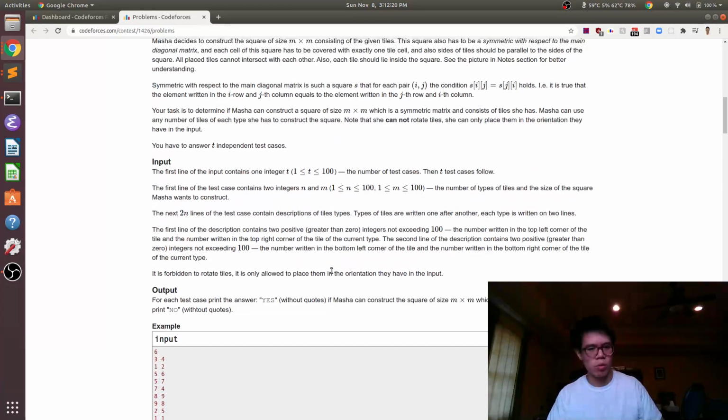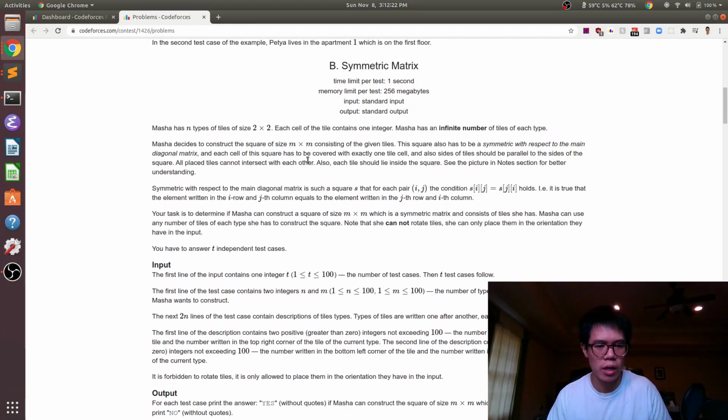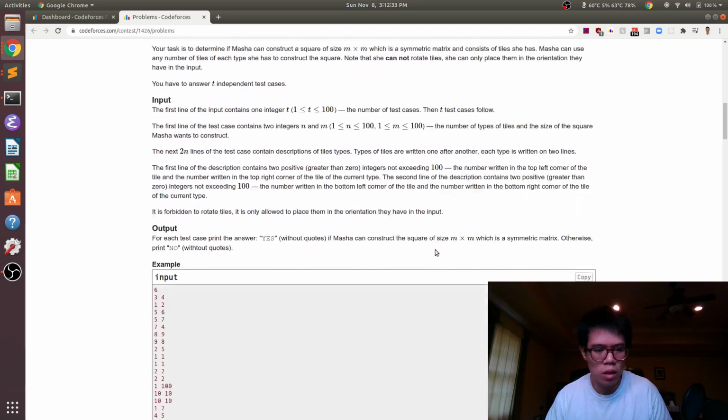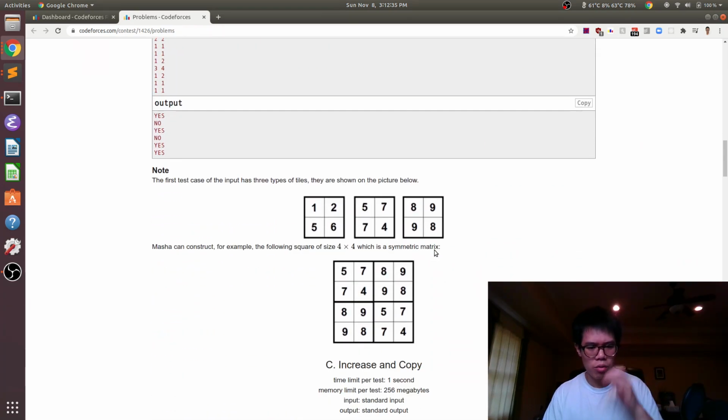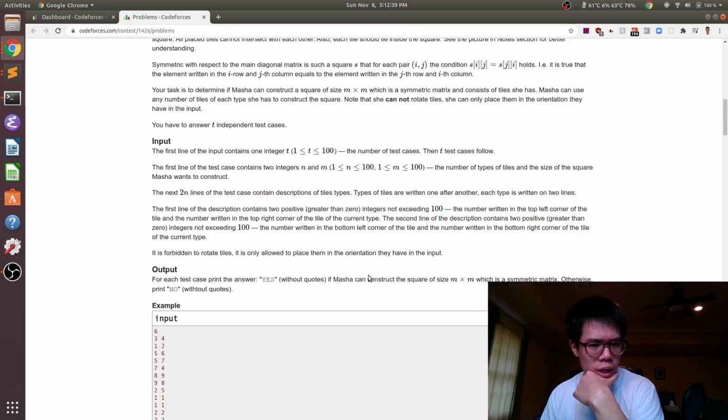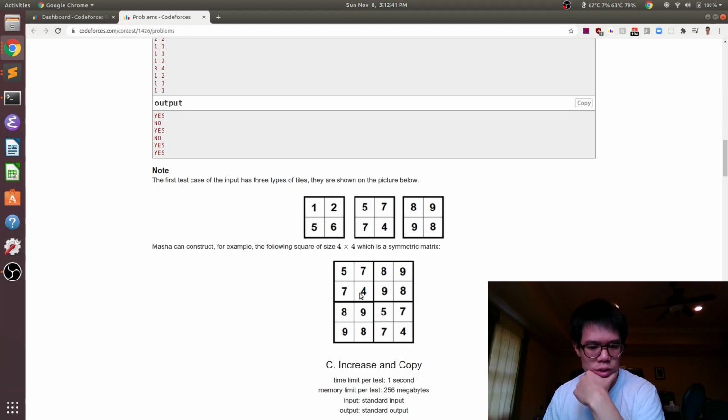Okay, so m has to be even, otherwise we can't actually fill it with a tiling of 2 by 2. The other thing we have to have is, for the tiles on the diagonal, we just need them to have the top right equal to the bottom left.